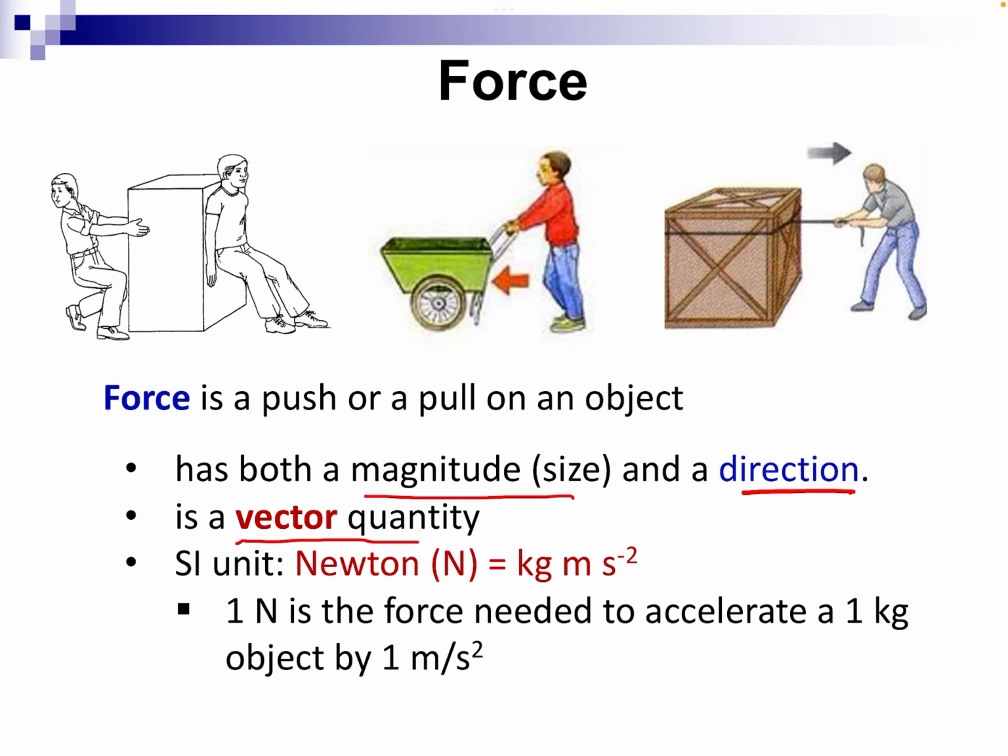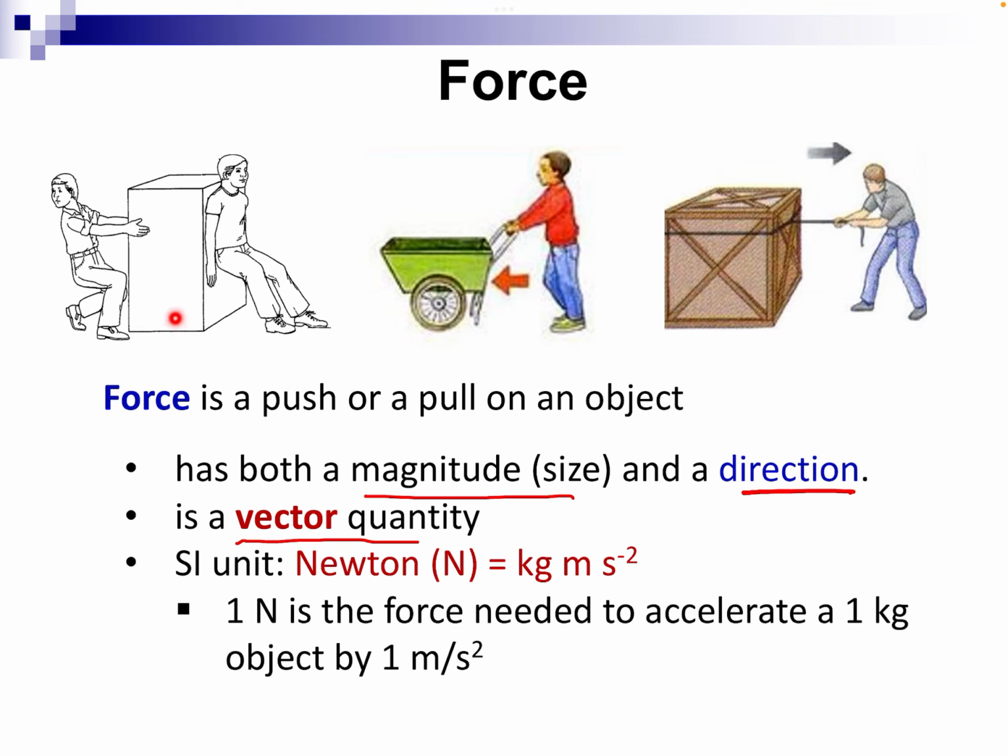The Newton is a derived unit. It consists of the base units kilograms times meters divided by seconds squared. The Newton is defined as the force needed to accelerate a 1 kilogram object by an acceleration of 1 meter per second squared. So as you can imagine, and maybe by looking at these pictures here,